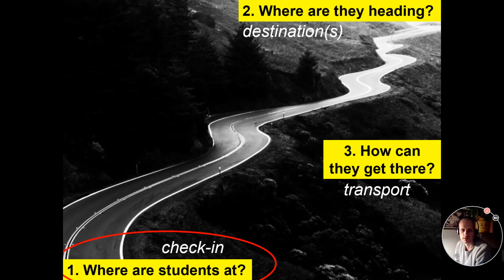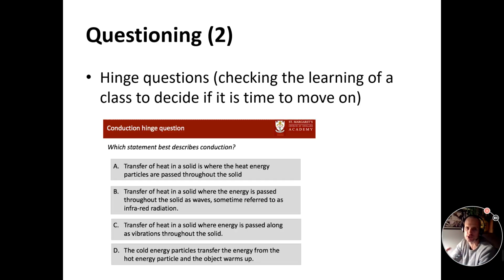Finally, and I know that this video is getting on, so I will try and be quick. Let's have a quick think about some ways we can check in continually through the learning process, because obviously this is an ongoing cycle. Where are they at? Where are they heading? How do they get there? We travel down that road of learning, and then have they got there? Where have they got to? And you do that by checking in continually. The use of hinge questions is important.